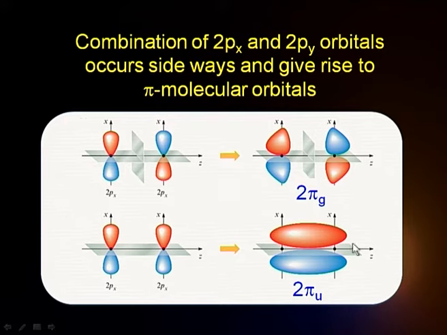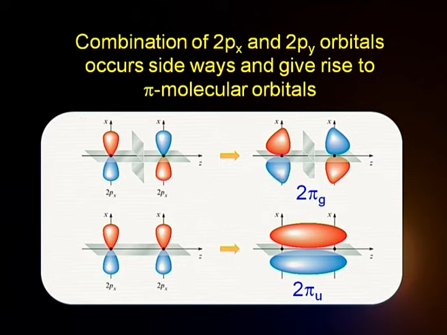whether they are symmetric or anti-symmetric. In this case, if I say this is my center of inversion, if I invert from here to here, I find that the sign of the wave function changes. So it is anti-symmetric, that's why it is u here. Whereas the antibonding molecular orbital happens to be symmetric, because if I invert from here, this portion will become here, and this will become this side. So this will be a symmetric molecular orbital. That's the kind of designation we have for this.